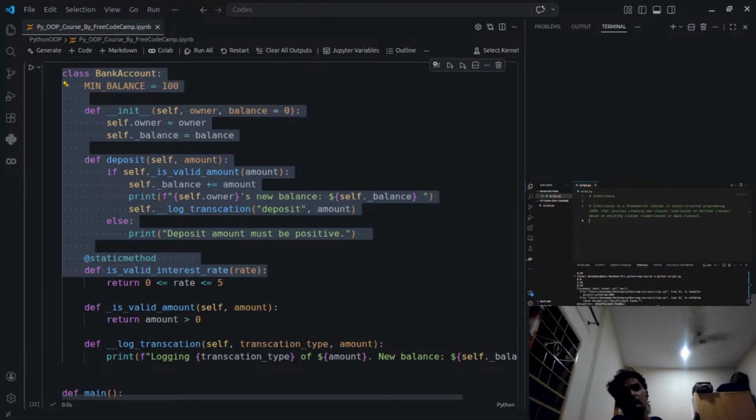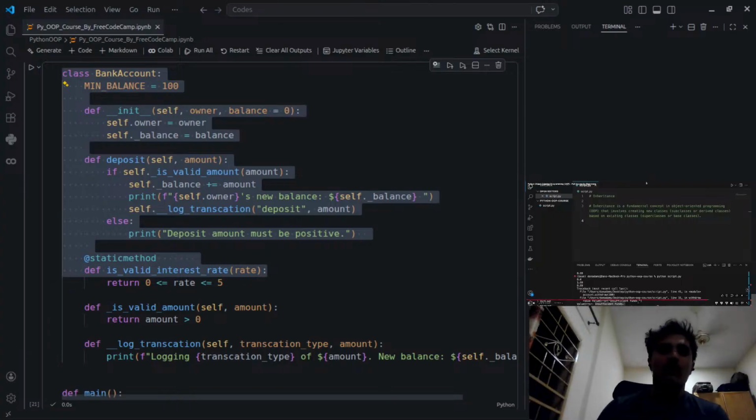Inheritance is a fundamental concept in object-oriented programming,